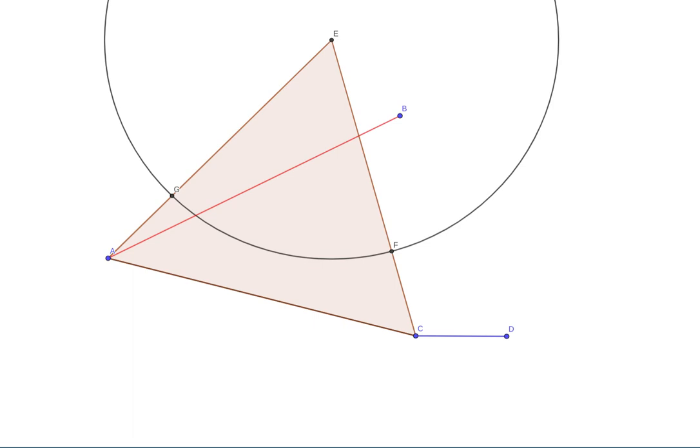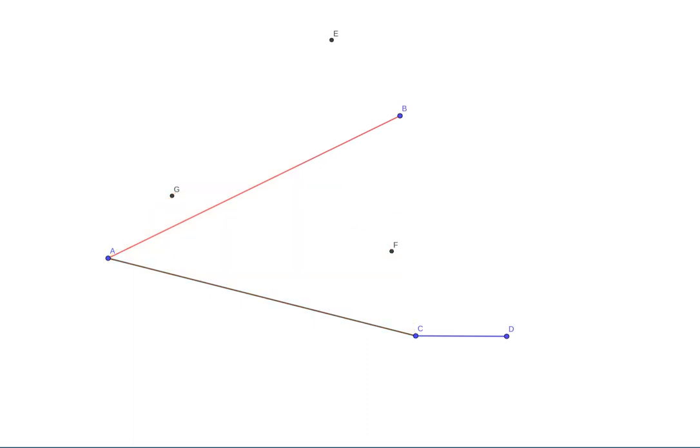So we've got this point G where our line segment AG is congruent to CD. We don't need that circle anymore, and we don't need this triangle anymore, but we do need our line segment AE. So now we know that AG is congruent to CD,